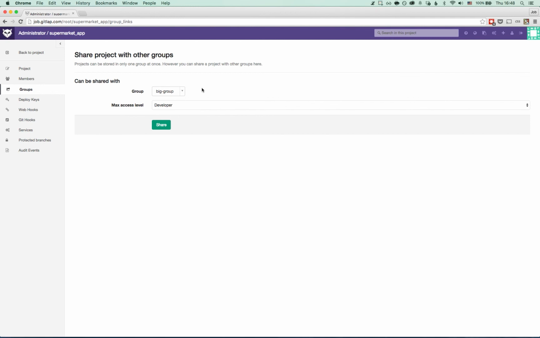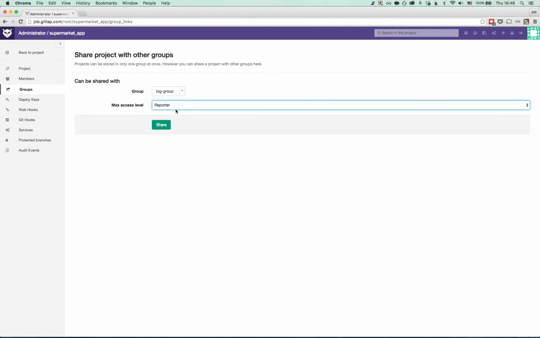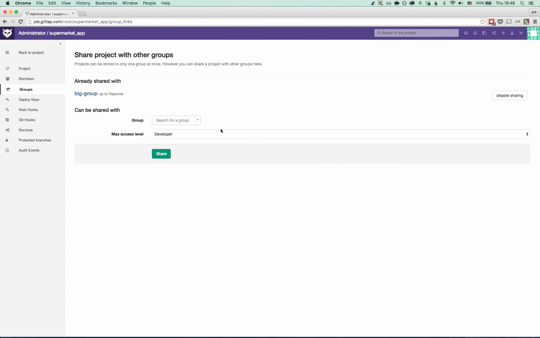Maybe I'm just sharing this for them to have the source code rather than actually being able to do any write actions in this repository. So what I can do is simply set the max access level for this project. In this case, I can set it to reporter so that everyone has read access to this repository in that group, but is not able to do any write actions or any pushes to this repository. If I click share, you will